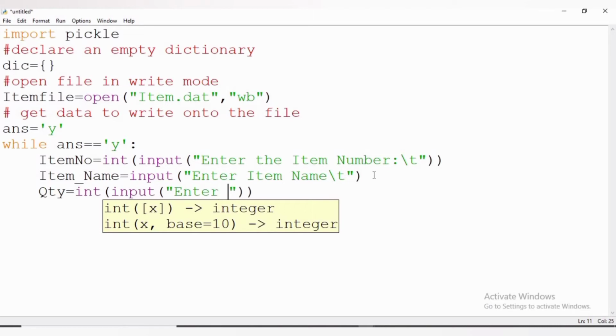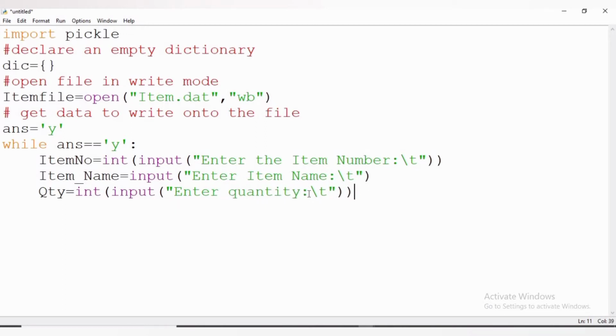To get the price of the item, we have to write price is equal to float input enter price \t. We will get 4 data from the user.